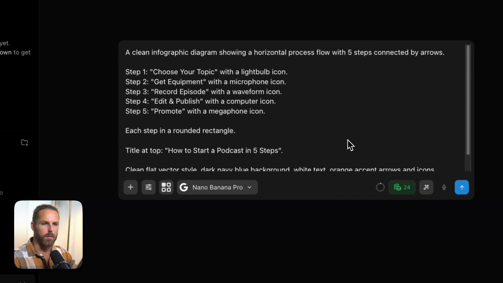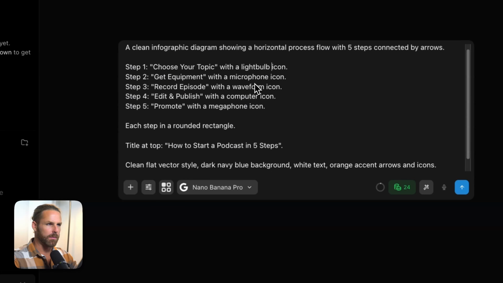So here we have a prompt. Now I've pasted this in here and let's go through it line by line. We want a clean infographic diagram showing a horizontal process flow with 5 steps connected by arrows. Step 1, choose your topic. Step 2, get equipment. Step 3, record episodes. Step 4, edit and publish. Step 5, promote. We've included the icons we want to see as well, but just for fun, we can take